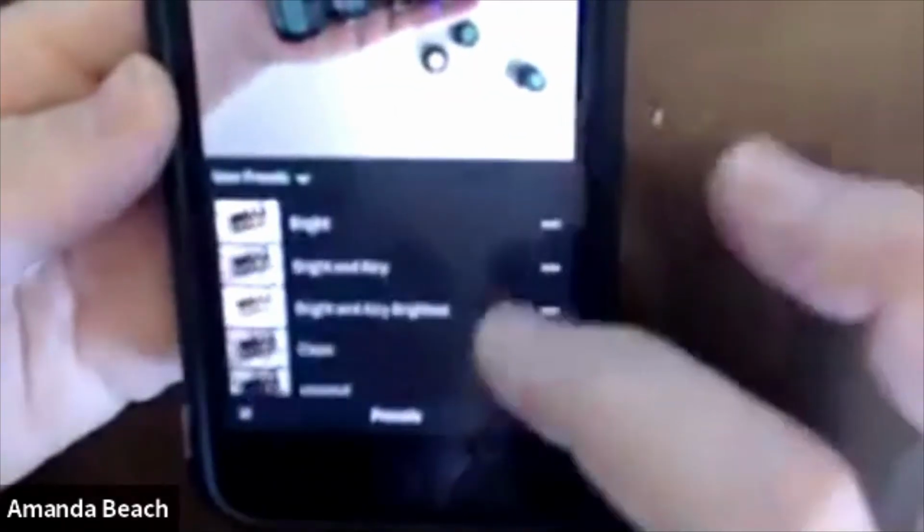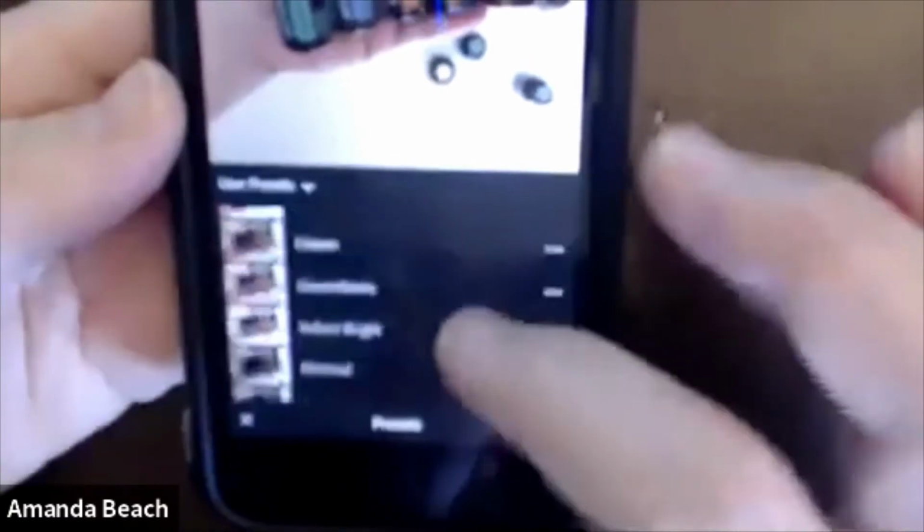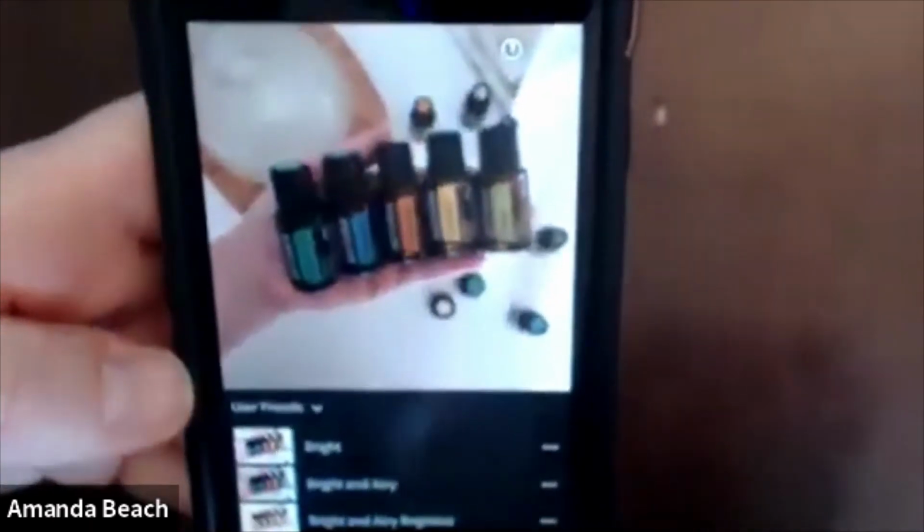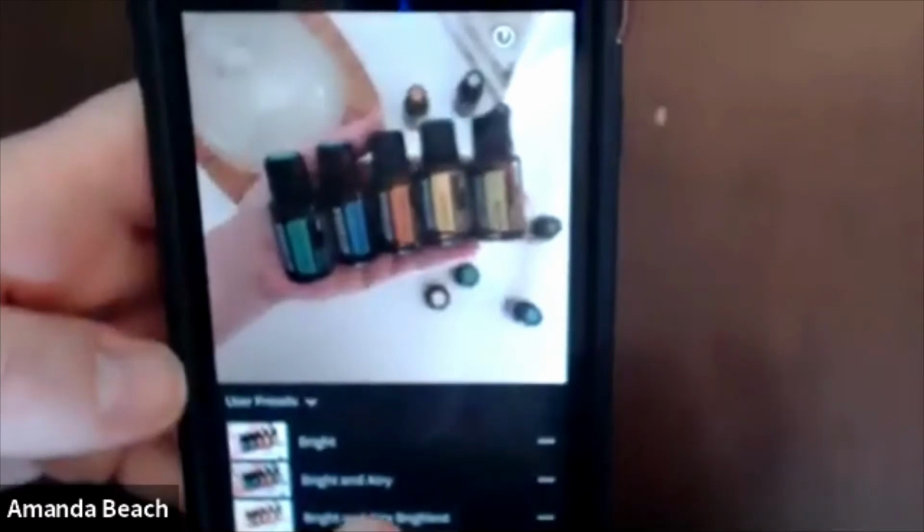And over here I have presets or filters, same as what you'd find on Instagram, but these are more specific to what I wanted for my photos. And I purchased quite a few before I found the one that I really liked the best, that I use for every single photo. So you might need to explore this for a while before you find the one that you really like. So look at how much this changes from just the photo that I got from my phone,